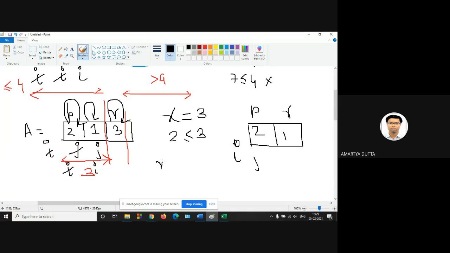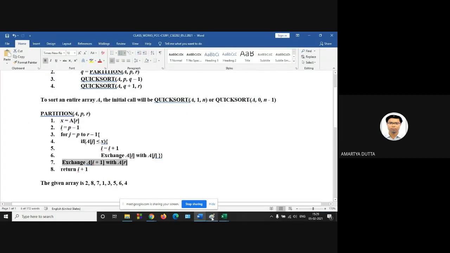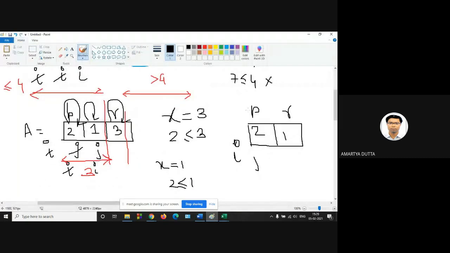So X is equal to 1. Now is 2 less than or equal to X? 2 is less than or equal to 1 is false. So stop, and then exchange A[I+1] with A[R], that is, exchange these 2 and 1.